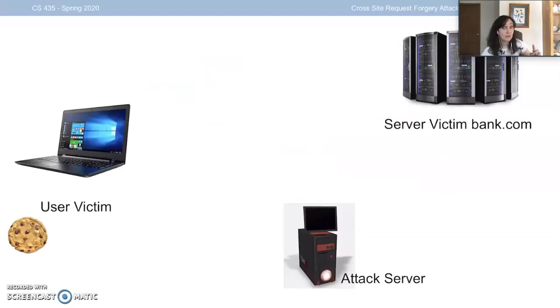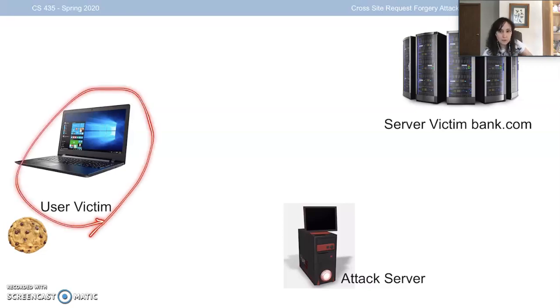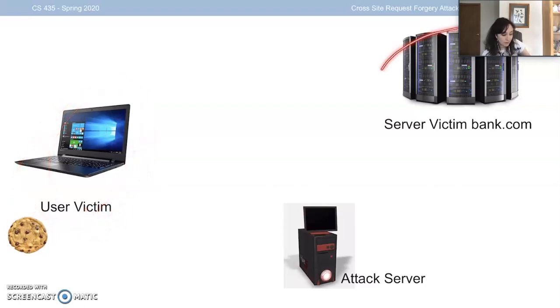Okay, so let's look at an example where things can go really, really bad. Or in other words, we get a CSRF attack. All right, so we have 3 entities over here, right? A CSRF attack requires 3 entities. We've got our user, our regular user, the victim, they have a browser, okay? We have a server, which is also a victim in this case. In this example, I'm going to use the bank as a server. And then we've got the attacker's server, okay, which is, again, hosting web pages, right? So both of these servers